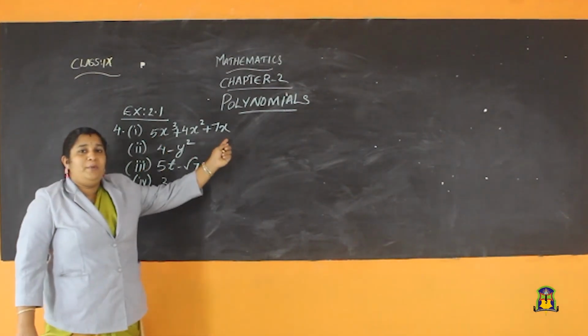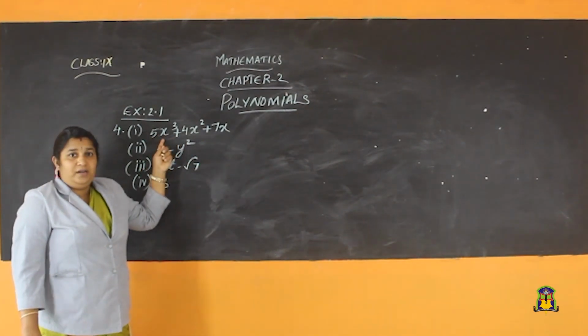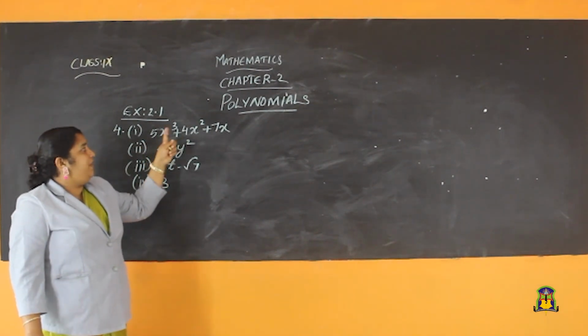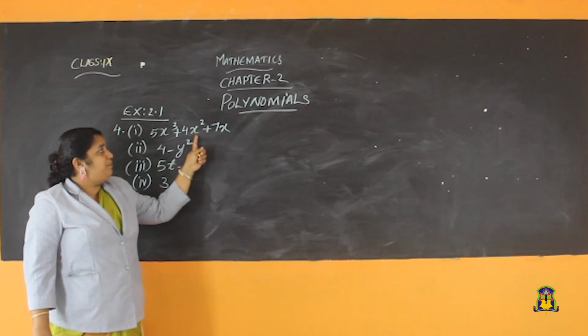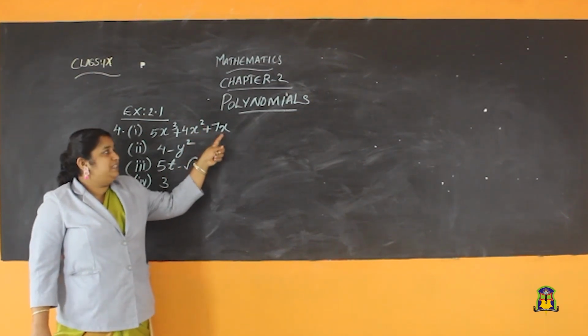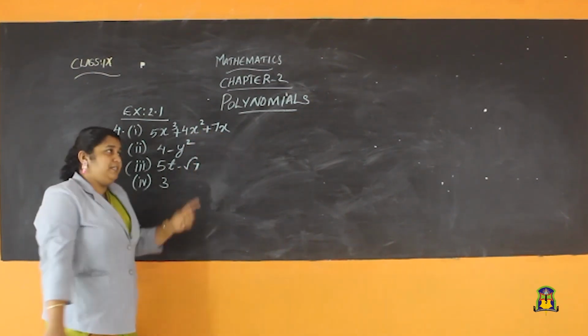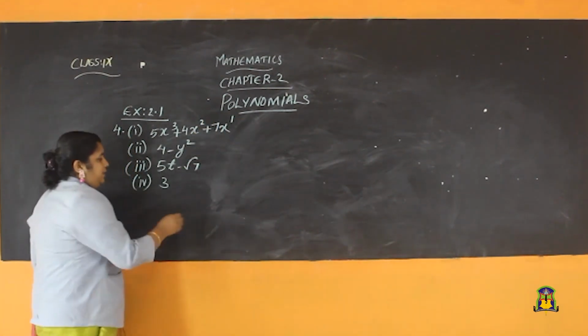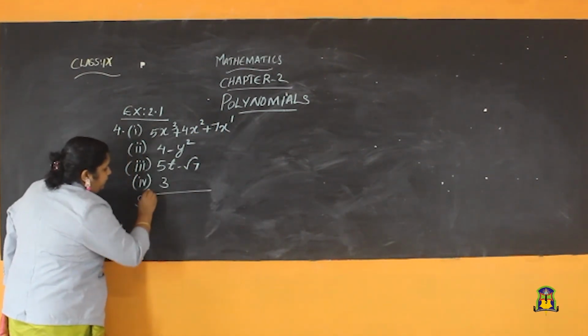So how will you do that one? This is a polynomial having the variable x, right? What is the highest power we want? Here what is the power of x? 3. Here what is the power of x? 2. Here what is the power of x? Simply x means the power is 1, correct? So how will you write? Shall I write the solution over there?